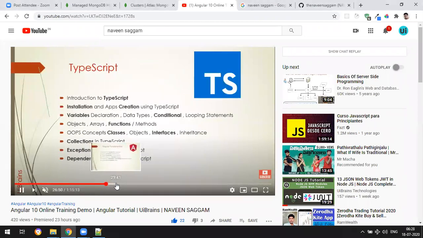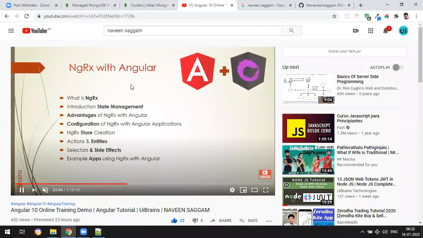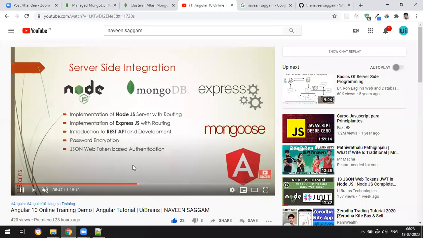TypeScript contains all these concepts. For Angular, as I said, Angular fundamentals contains the Bootstrap configuration, data binding, directives, HTTP, routing, validation, authentication, everything we'll see. Then we'll start with NGRX, connections and all, and then the database, because we need to learn database. Here we learn password encryption, JSON web tokens and everything.